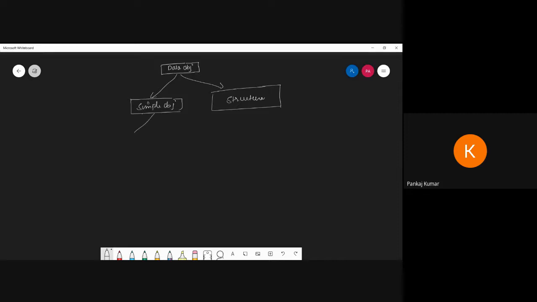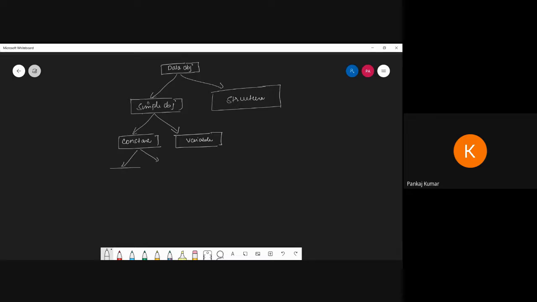And this simple object is further divided, and we have to learn here a constant. Then here we learn a variable. Then this constant part can again be divided.